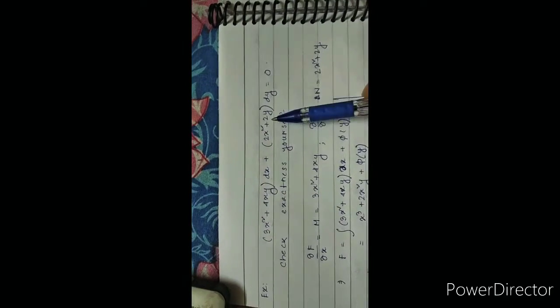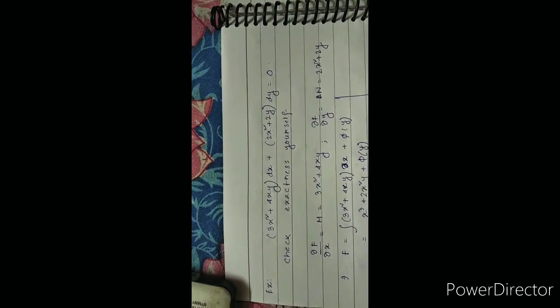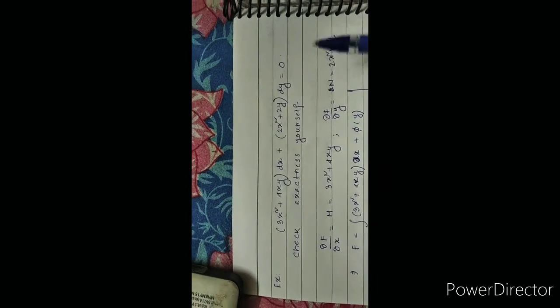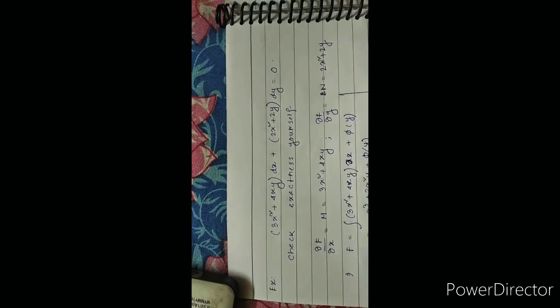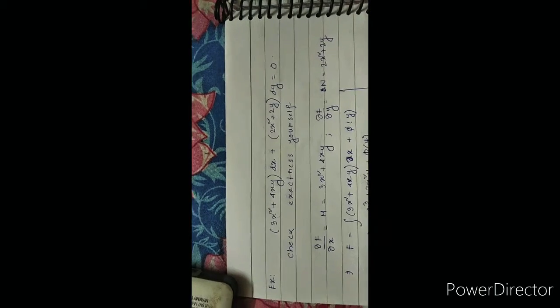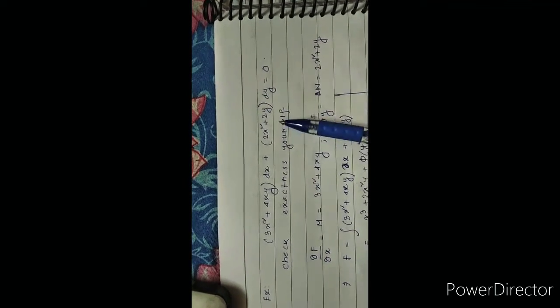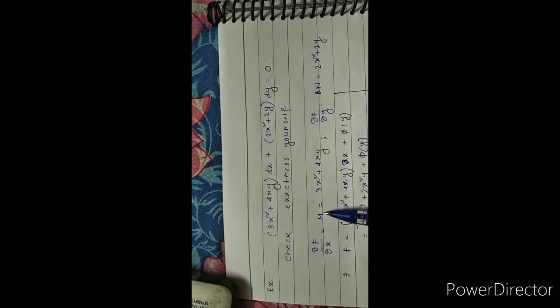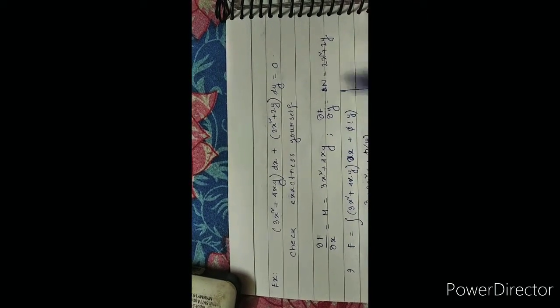Now I have said an equation is exact whenever del M del y is equal to del N del x. So you have M in your hand, N in your hand. So we can find del M del y and del N del x and check they are equal. If they are equal, the equation is exact. I am telling you that this thing is exact, but you should verify it on your own. So now we have M equals this and N equals this, but